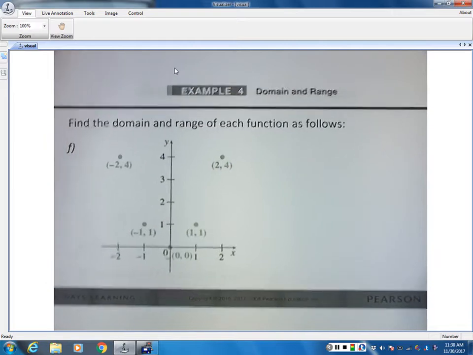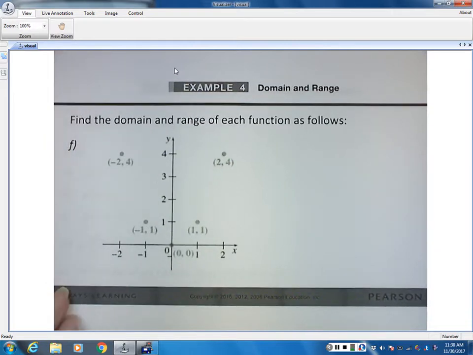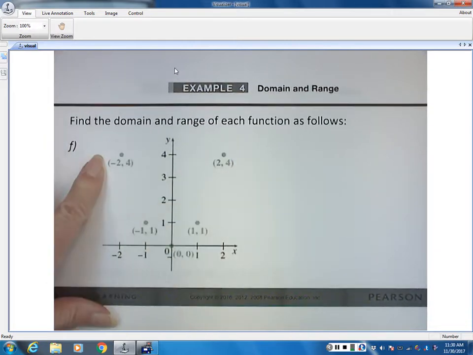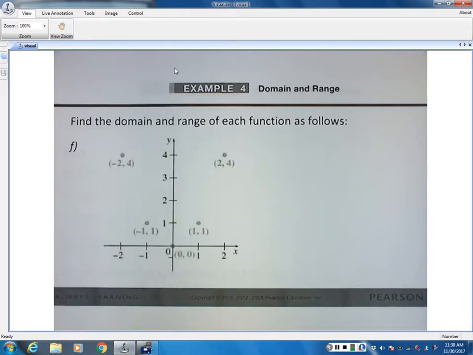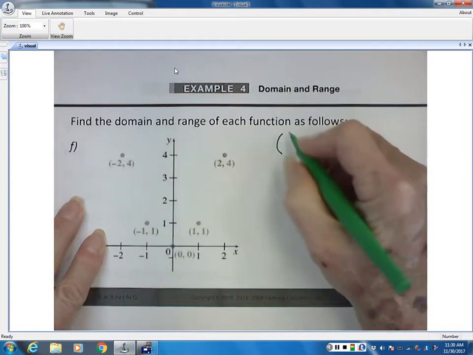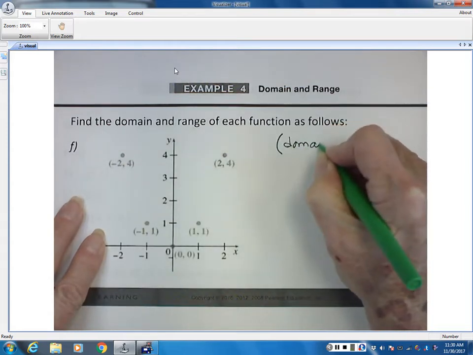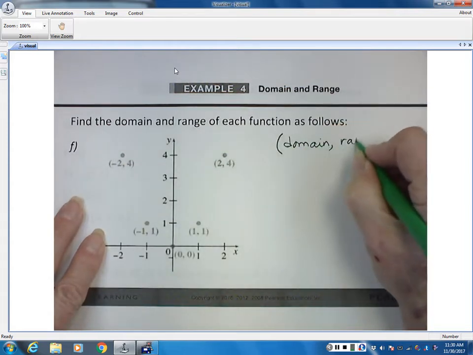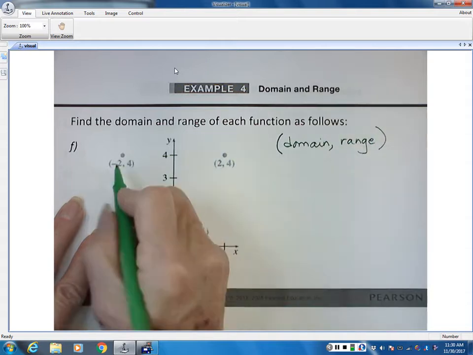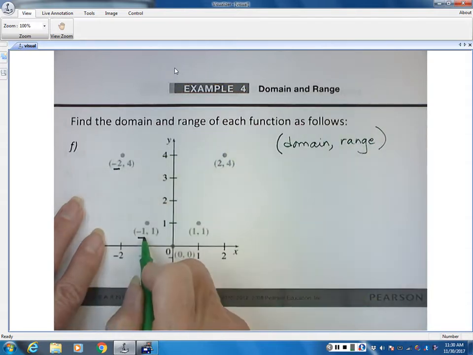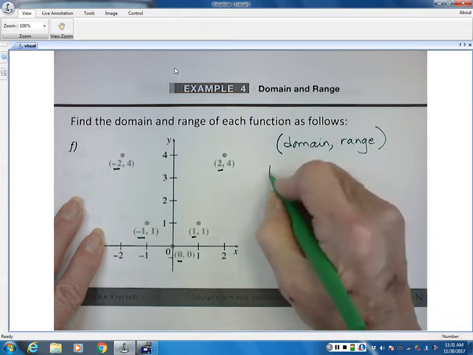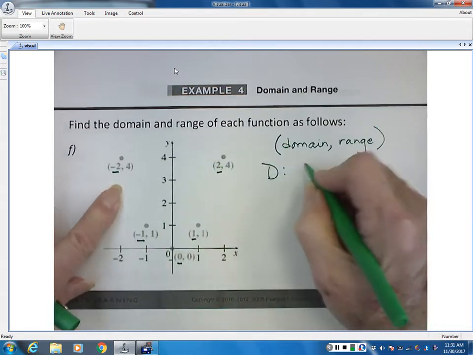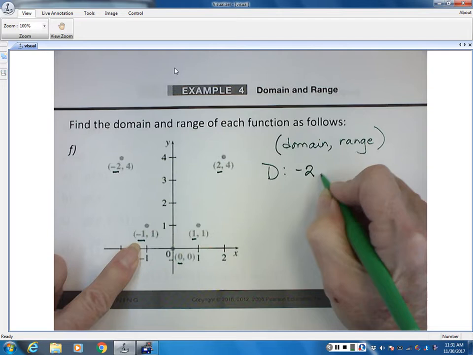Here we have an isolated set of pairs. We have a set of ordered pairs. There is no line connecting those pairs, which tells me then that my domain values, since the ordered pairs always go domain, then range, are all the first coordinate of that ordered pair. So that means my domain for this function is negative 2, negative 1,